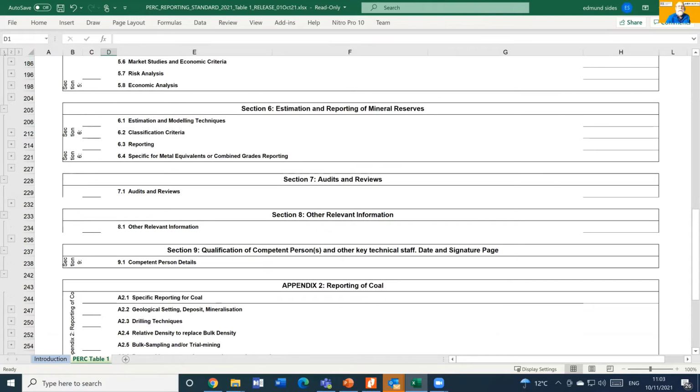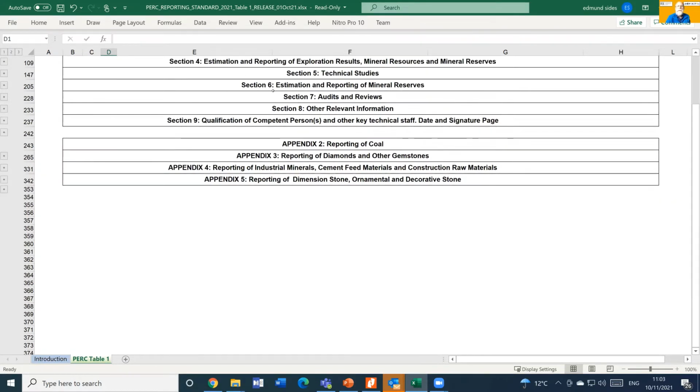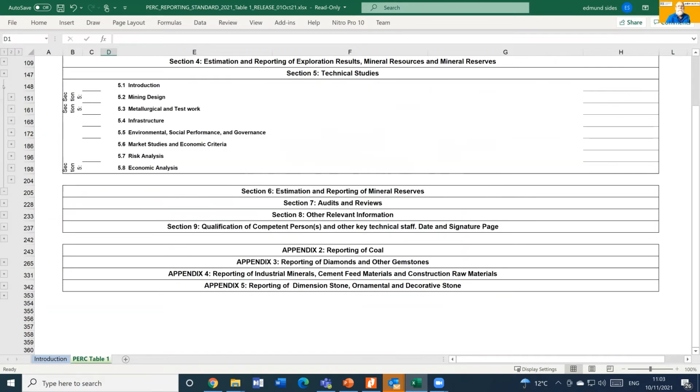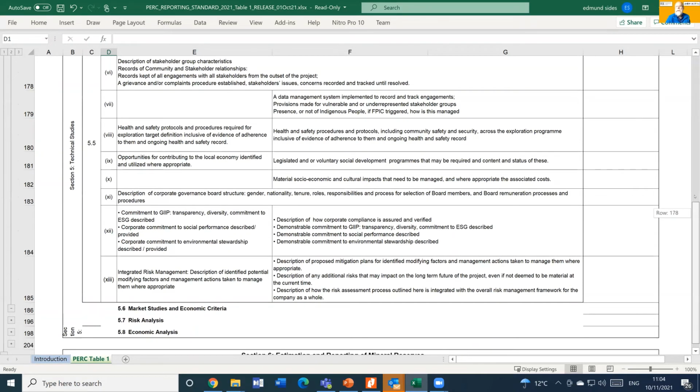If we go back and put everything to just the main sections again, and say we're looking for what's been added in the technical studies, we could again go across from technical studies, we come to 147, but we click the plus below, and that gives us the subsections under technical studies. And you'll see an important one here, 5.5, environmental, social and governance, which has been added. If we want to see what's been added in that, again go across, and that's row 172, but we click the plus sign slightly below that in order to expand and see the detail of what has been added in